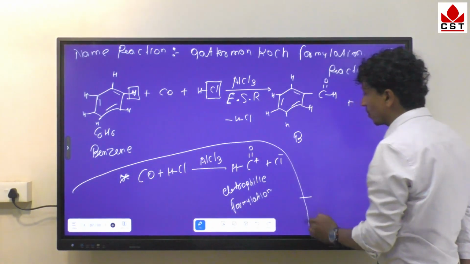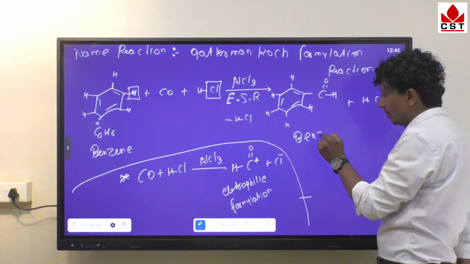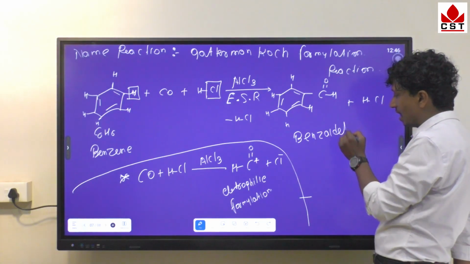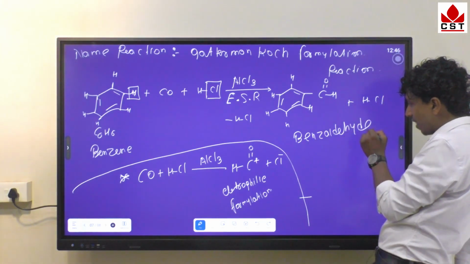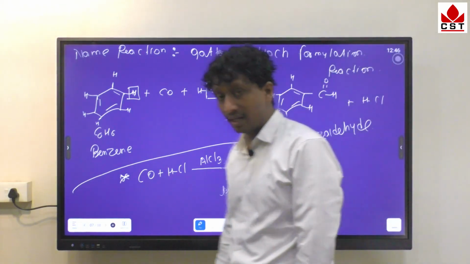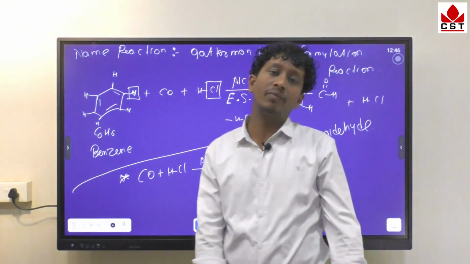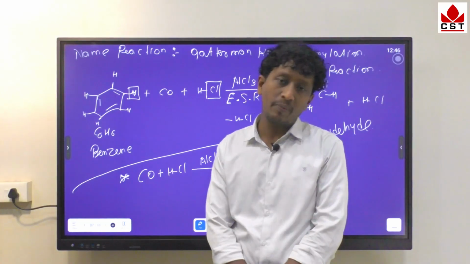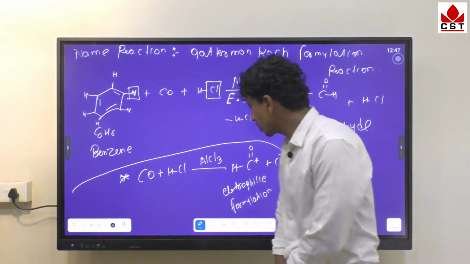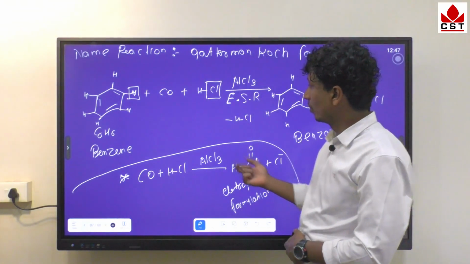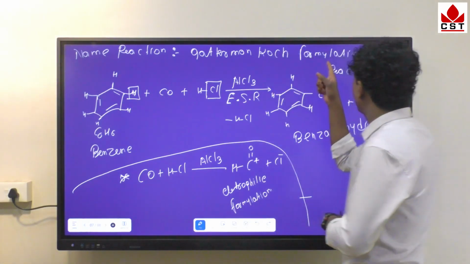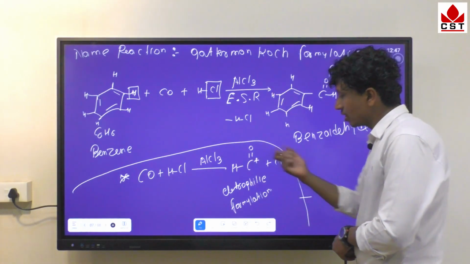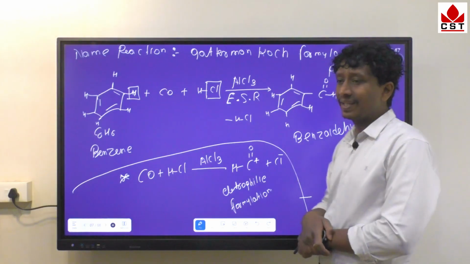And the final product is called benzaldehyde. Very simple and very important reaction. Introduction of the HCO positive group into the ring is called formylation, where this positive group is the electrophile, and the mechanism of that reaction